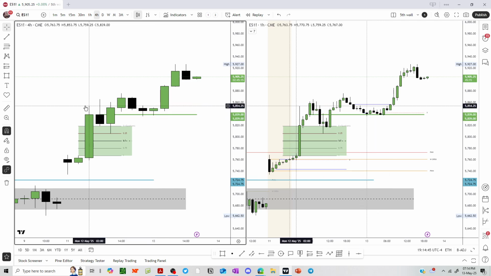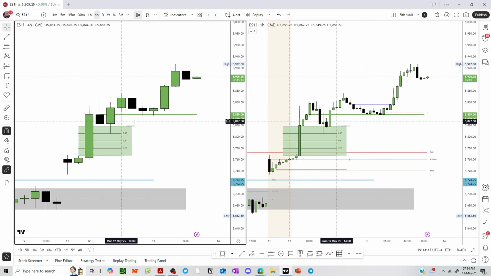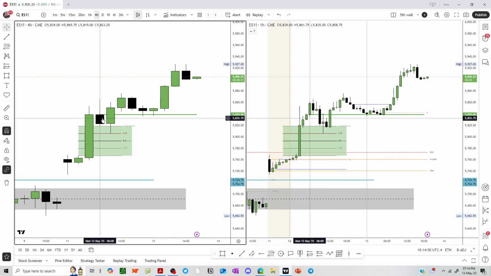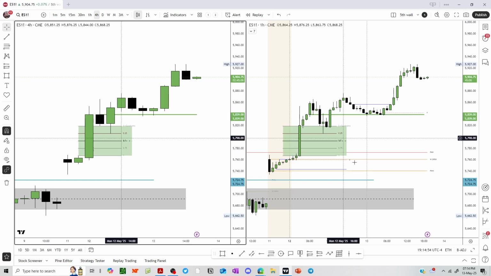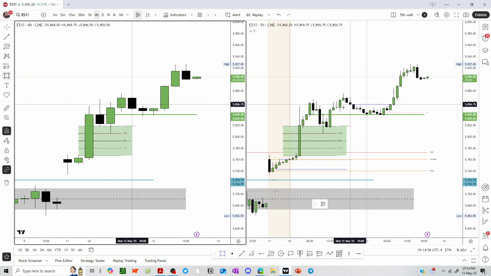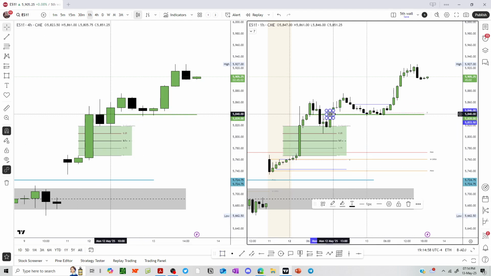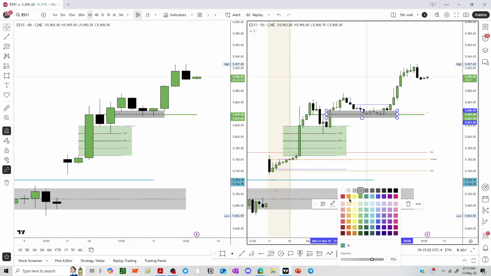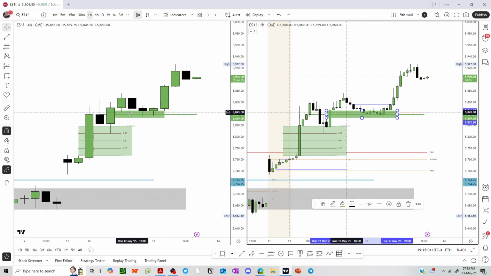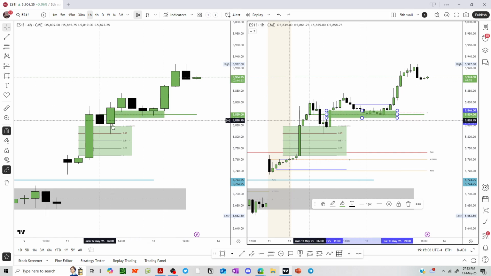Doesn't have to be a fair value gap. Internal range liquidity could be a number of PD arrays. In this case, it's an order block on a 4-hour chart. However, on the 1-hour chart, it's a fair value gap at or around that same level. That's what I mean. So if this 4-hour chart is not clear to you because of your style of trading,